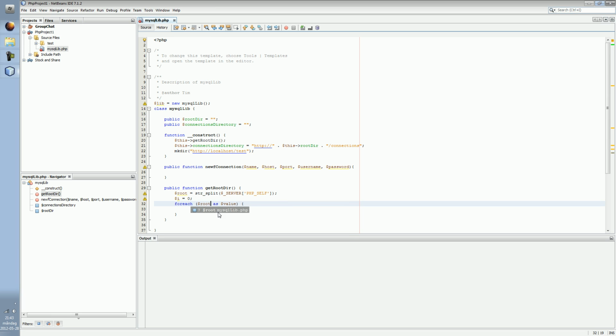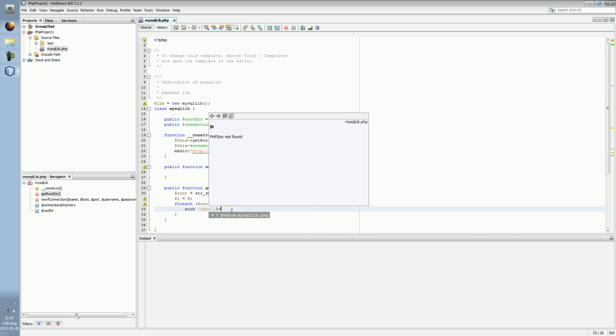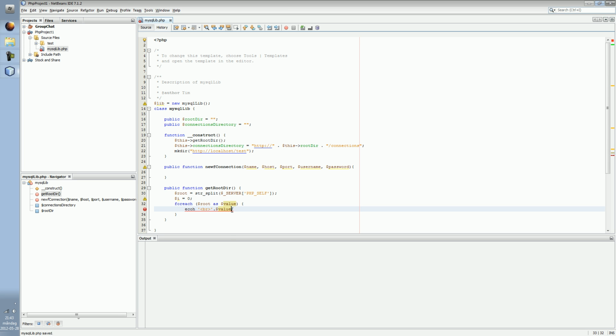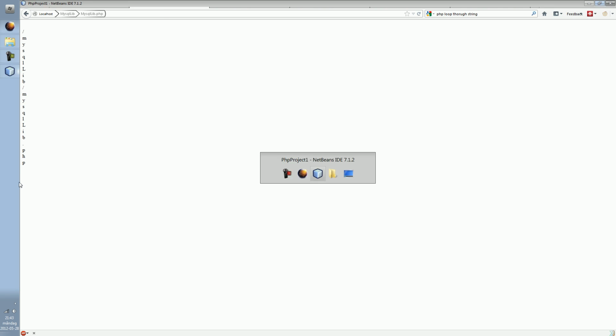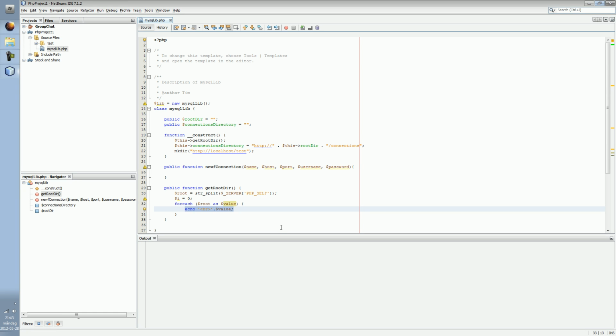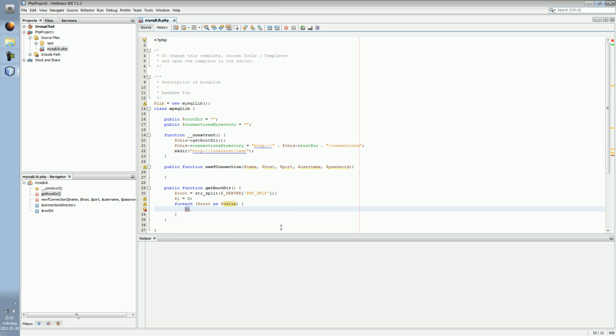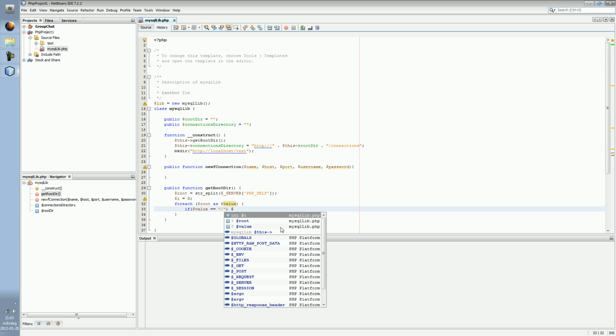But this should be it. Let's try echo br and append value. Echo, thank you. You can see it split the whole string. Now what if we do this? If value is equal to a forward slash, then I plus plus,